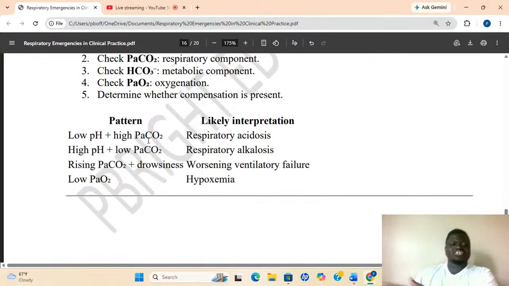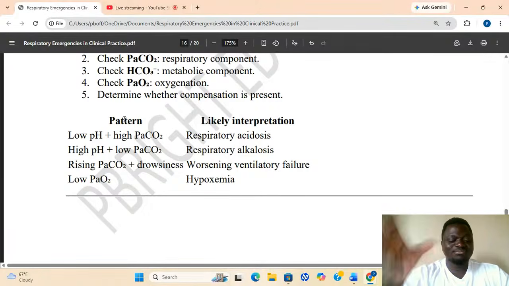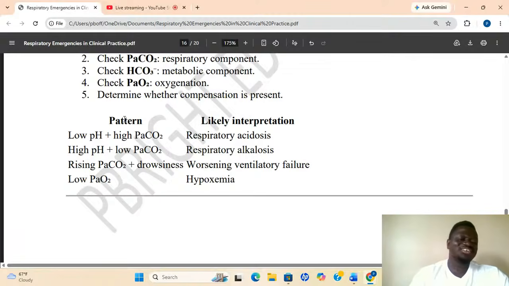So we have all these combinations that we do, but me, I won't learn this. But if you want, you can learn. I added it because when I get an ABG, I know how to interpret it and I know what to do. I don't learn this like robotics. When we put A plus B, we get AB, and C plus D, we get CD, and 1 plus 1 we get 2 by force. So when we change the story for you, you'll be standing there. Other than that, it works.